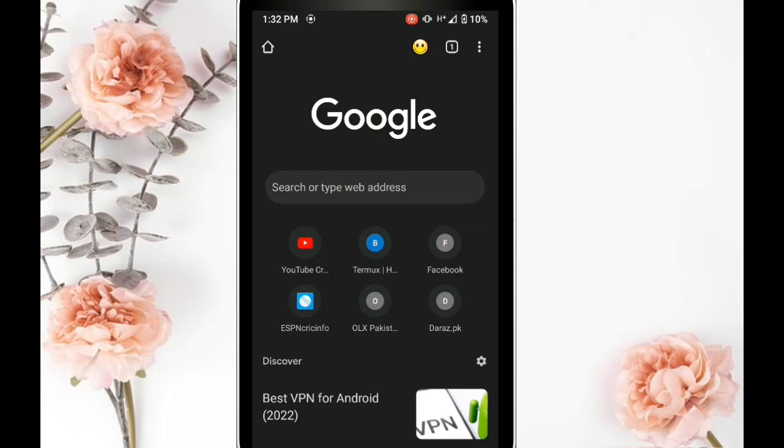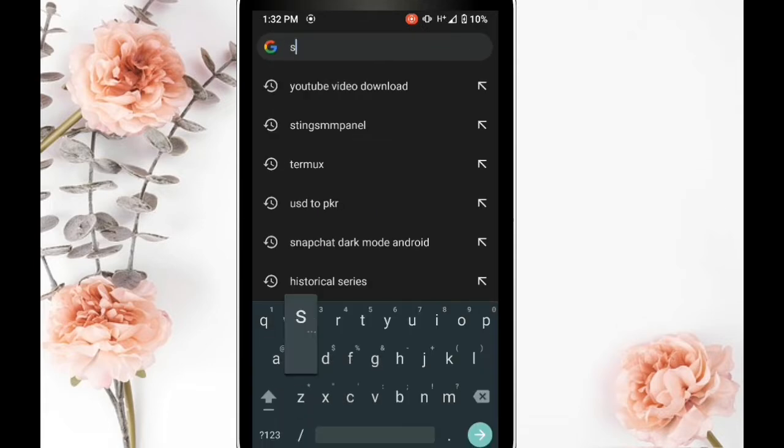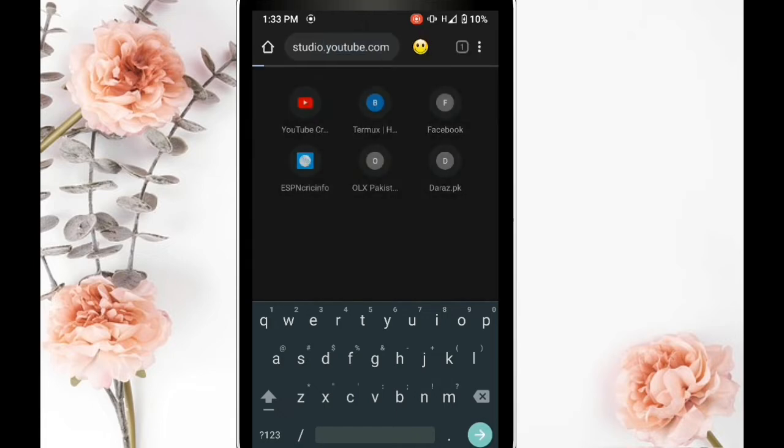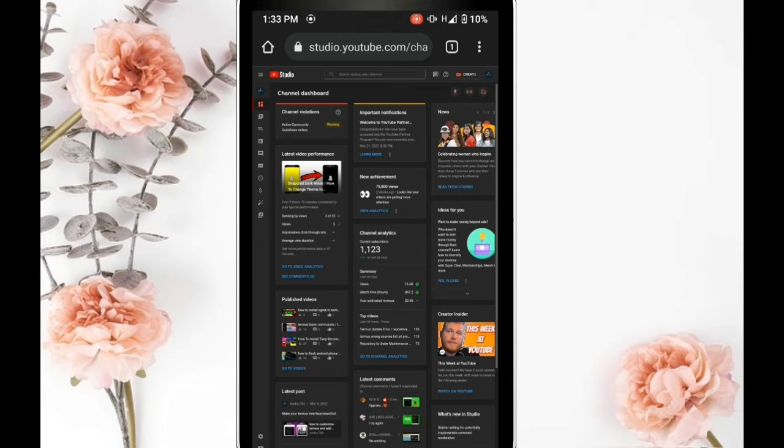For doing that, open your web browser and type in Google search bar studio.youtube.com and hit enter. After placing this address, your YouTube channel will be opened here, and if it doesn't open, then simply you will have to log in with your channel ID. Now here on this page,